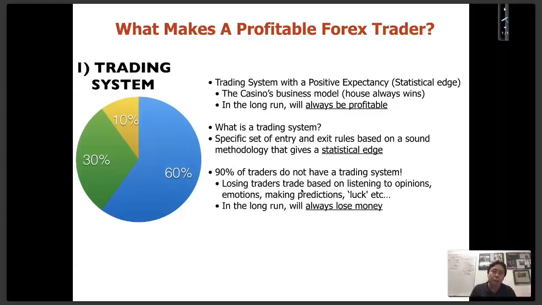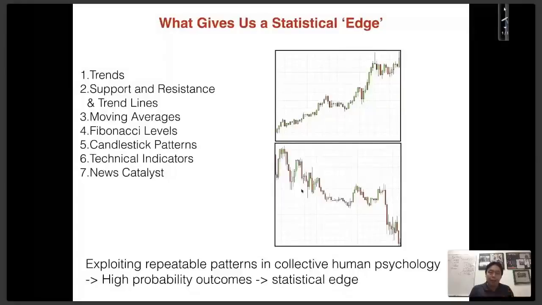The focus is on building a sustainable trading business. So number one, you gotta have a trading system, okay? So your trading system has to give you an edge. I keep saying statistical edge means that over trades, you'll be right more than you're wrong versus flipping a coin and just being random, okay? So what gives us this edge in the markets? The first thing would be trend, okay?